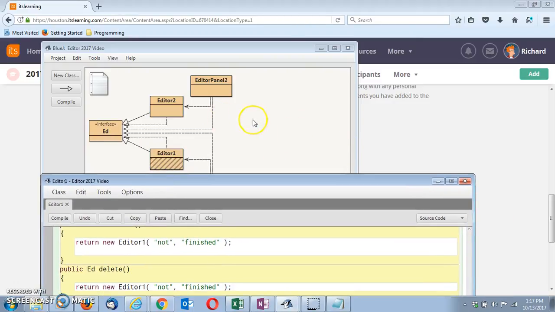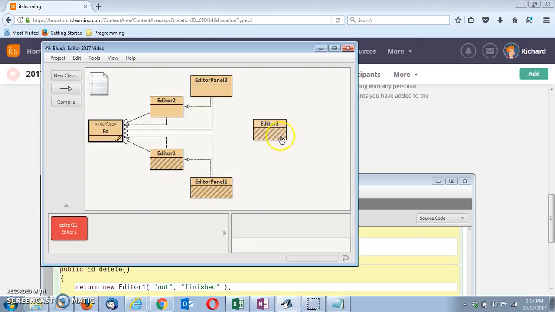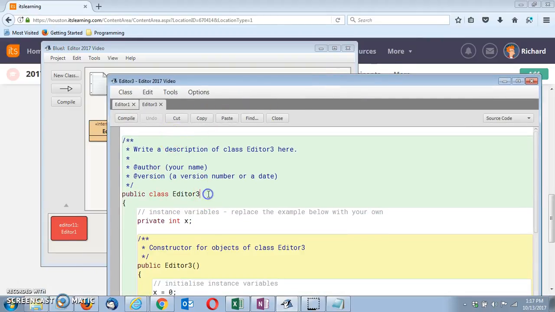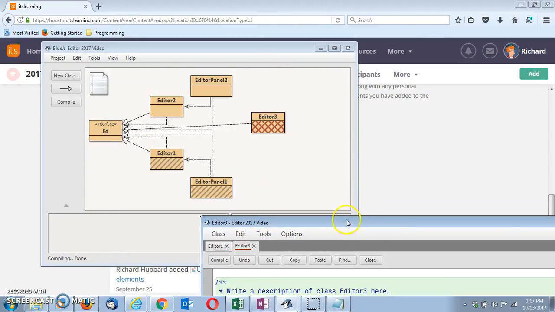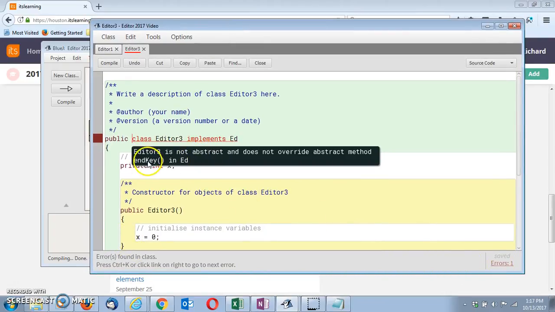I'm going to make a quick example. Let me make a new class over here. New class, editor 3. Right now there's no arrows, so how do I get this to go? Well, I'm going to go here, and I'm going to say implements ed. As soon as I do this, I'm going to try and compile this, and we're going to start getting errors. What it's going to tell us is the error, I click on errors, I didn't do end